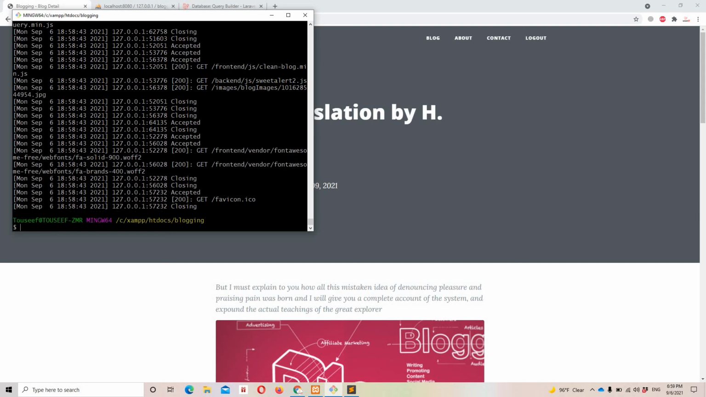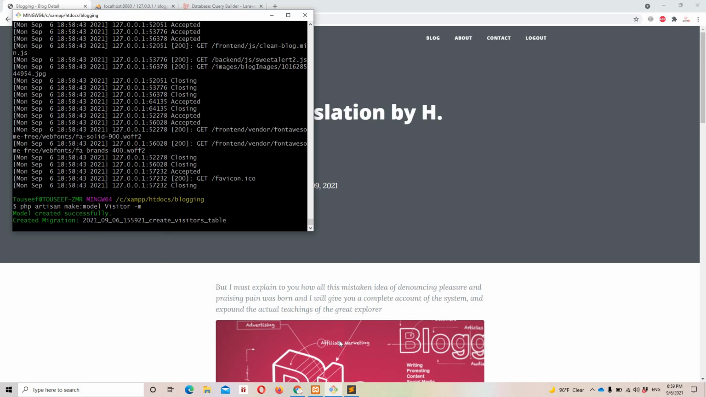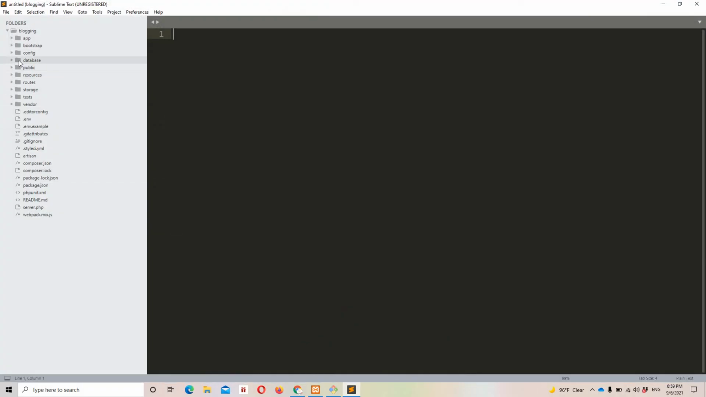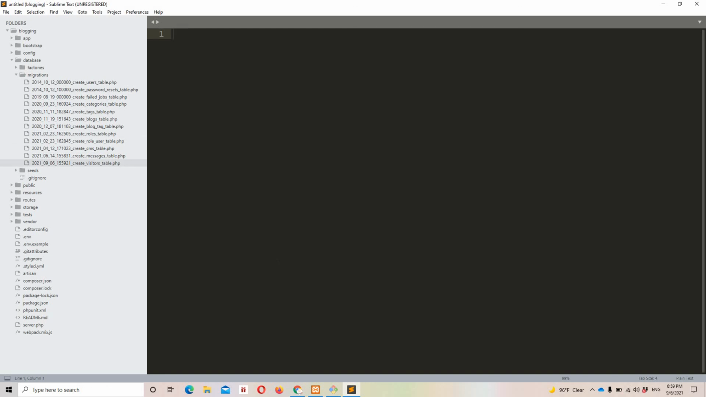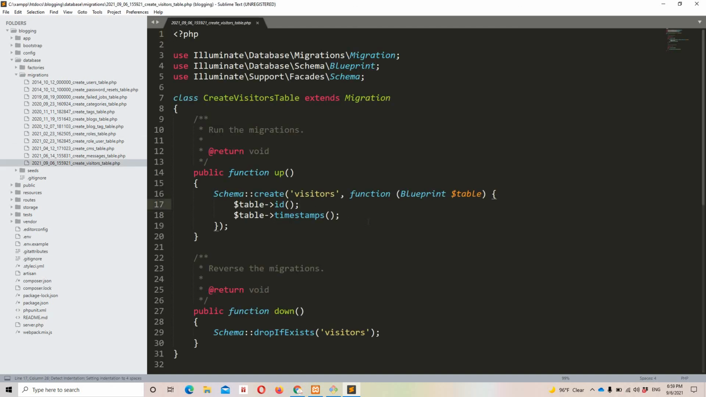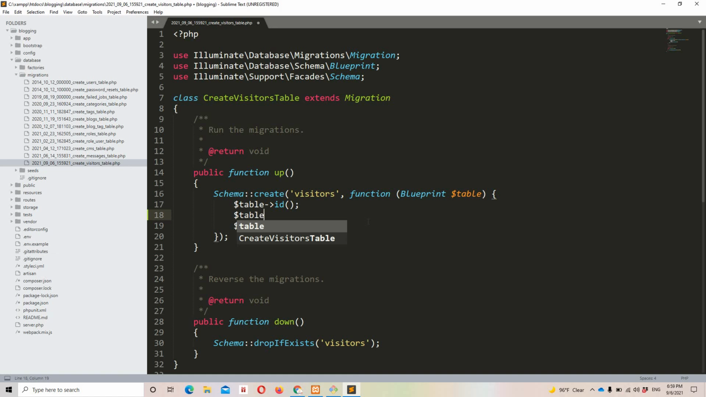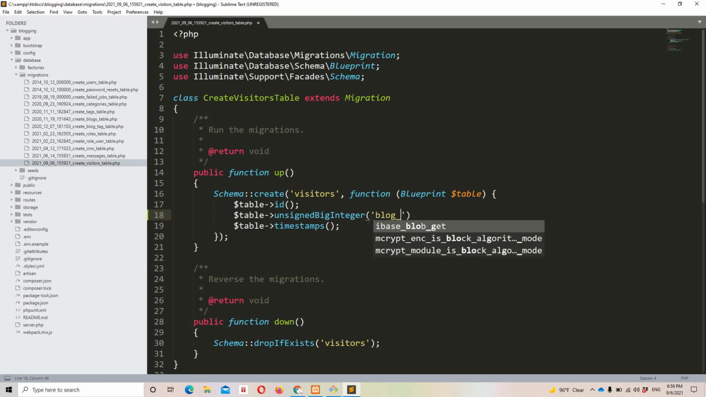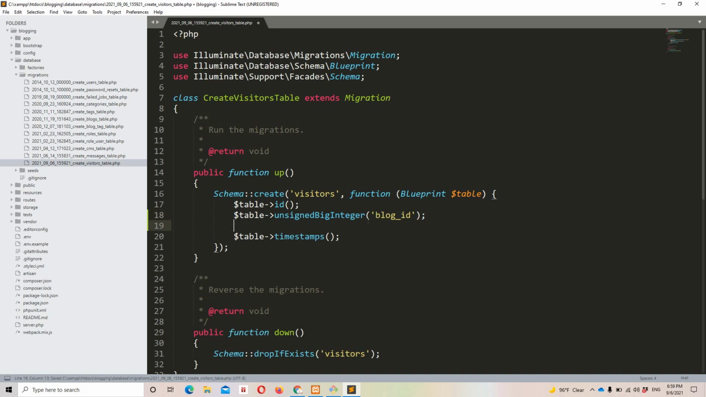So let's move to git bash. Let's drop into our project: php artisan make:model, the name is, let's say, Visitor, and I want its migration as well. So it's created right here. Let's move to Sublime, let's move to database migration, and it's right here. First of all, let's complete this table. So $table, I want to specify the foreign key. For that, unsignedBigInteger, and the column name would be blog_id, just like that. Let's create another one for the IP. So $table string